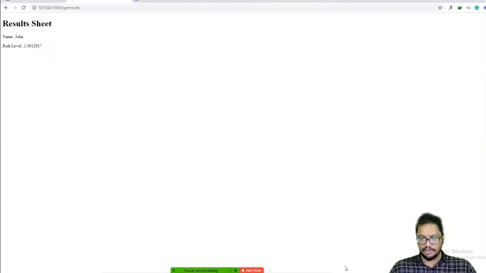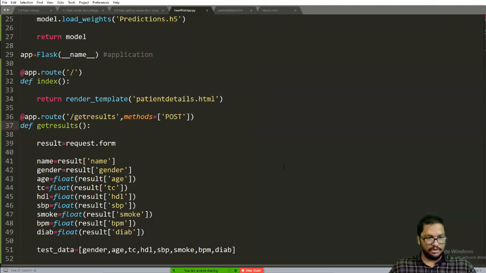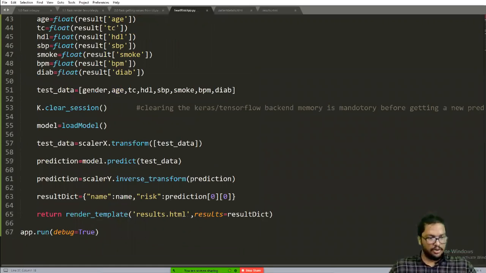2.06, right? So it's perfectly working, I think. Now let me round this off to 2 digits, so it would be